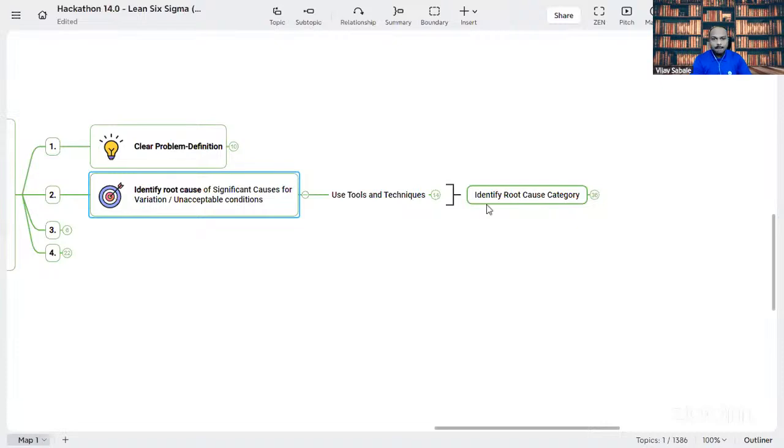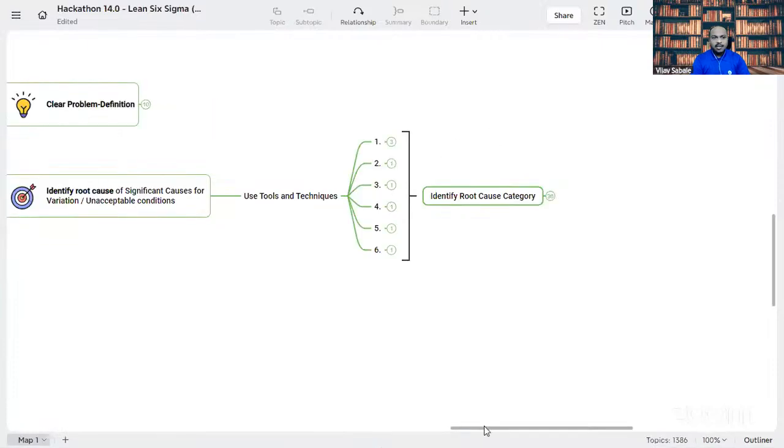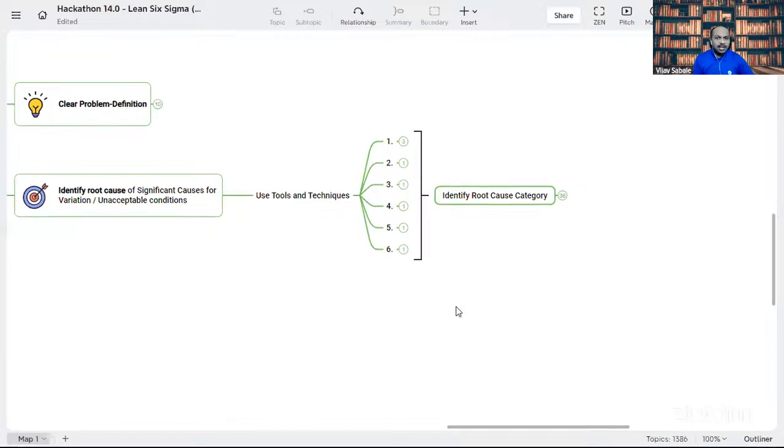But before that, as we saw in the 5W2H, many times we need the data. To have that data or to have better clarity about it, we are going to use some tools. Now, what are the tools that we can use? Here are some of the list of the tools. Again, it is not necessary that we need to use all the tools, right? We can use any one of these tools, or you can use a combination of these tools. It's absolutely fine, right? So let's see what is the first tool.